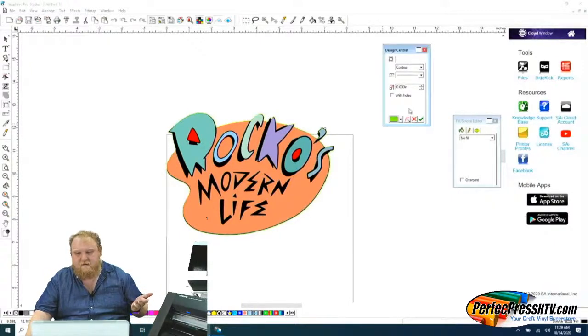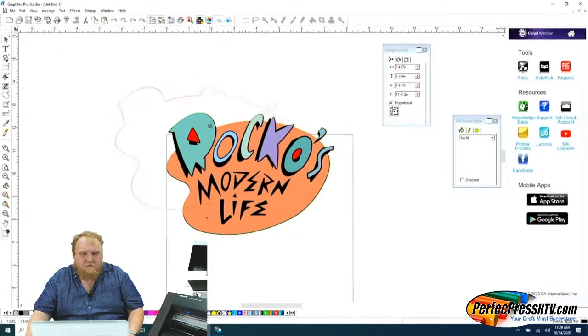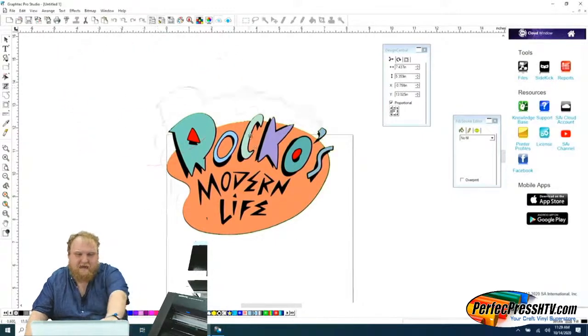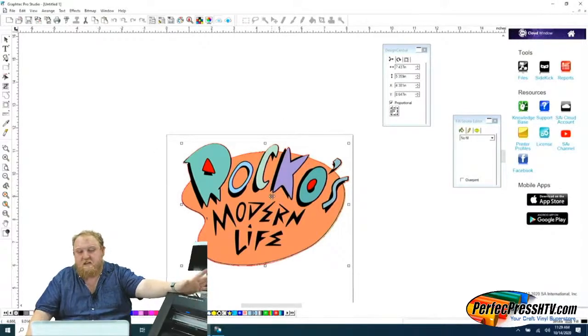Once you have it the way you like it, you hit the green check mark and you hit apply. From there, now you can move it around. You can see it has that contour cut mark around it, but it's not good enough for the vinyl cutter yet. The vinyl cutter would know to cut the shape right now, but it wouldn't know where the shape is on the design. So the way we fix that,